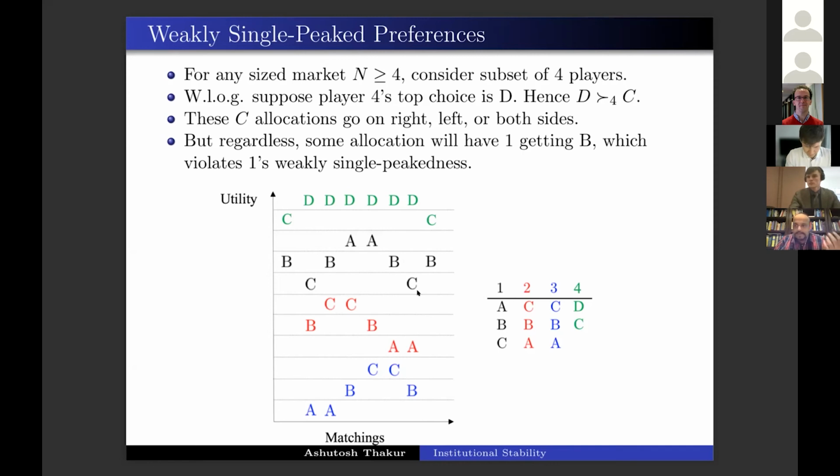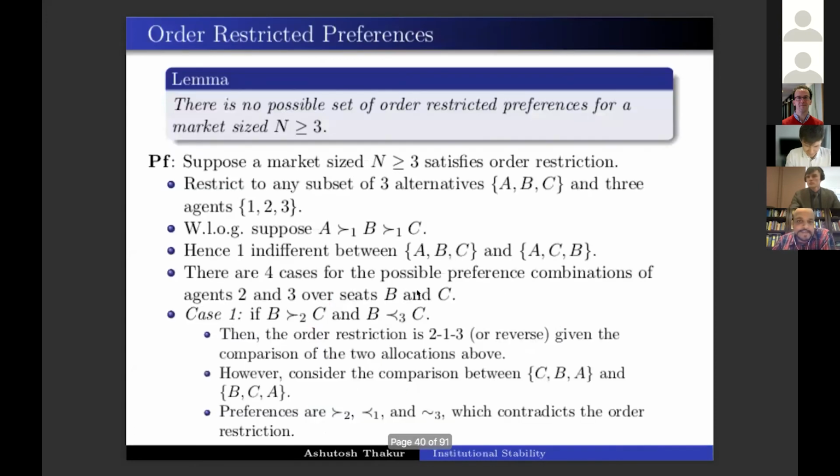So the standard trick of single peaked preferences is not going to work here. It's not going to give you a nice set of preferences to work with. Similarly, I can show that order restricted preferences